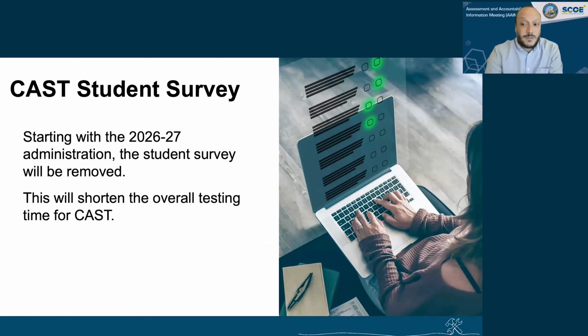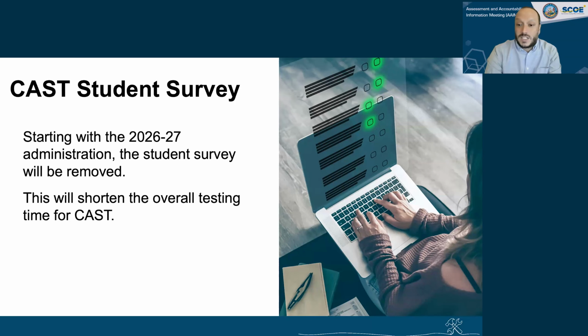The next tool is an update for CAST. Since the beginning of the operational assessment in the 2018-19 academic year, all students who took CAST were prompted with 3 to 4 survey questions at the end of CAST to gauge their experience with science learning. The survey results were used to plan professional learning for educators and help design classroom-relevant CAST practice and training tests. Over time, the overall survey results show the content of CAST matched the experiences students were receiving in their classrooms, so the survey became unnecessary.